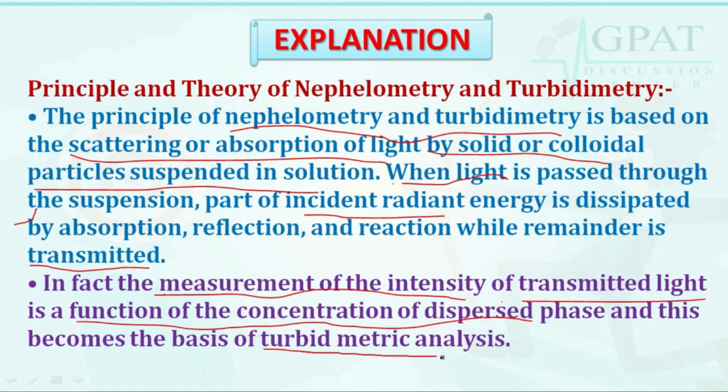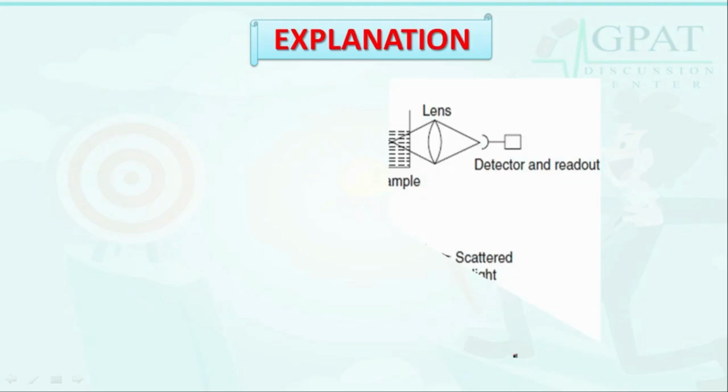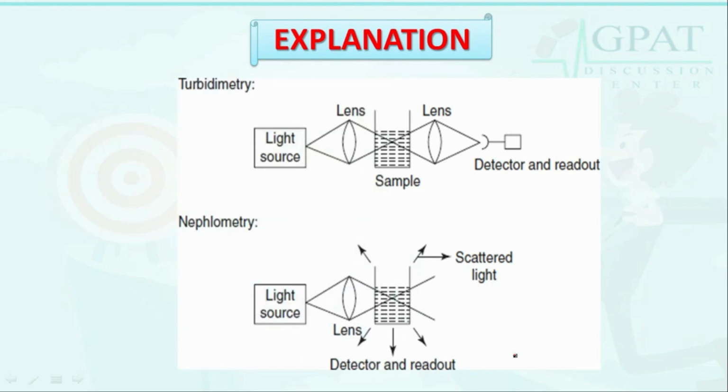Now we can also understand with the help of a diagram. Here we have a turbidimetry diagram, where there is a light source, a lens, and the sample to be analyzed. Again we have a lens. The light source gives light, which passes through the lens and through the solution, and then also goes through the lens, and the light which is scattered or transmitted is